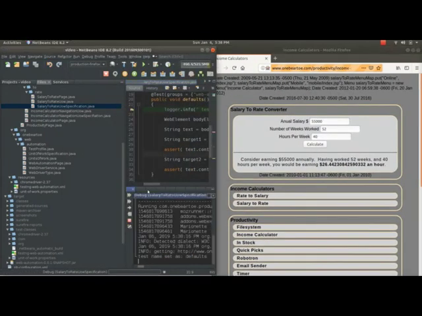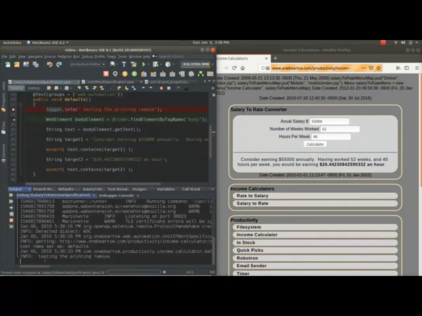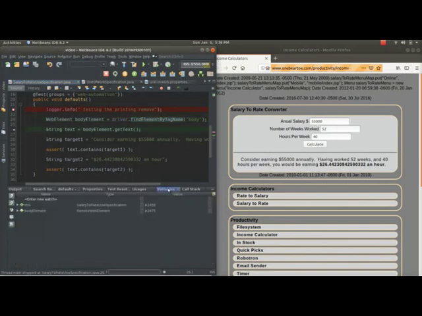And we're here at this logging statement. So the next thing we should see is for it to come out in the console by stepping over, and it sure did. Test printing remove, and that was our test printing remove string. The next thing it's going to do is find the body tag element by name, and grab all the text out of it and save it into that variable, which currently is not defined, but now we have it there. And the next thing we're going to do is define a target, which is